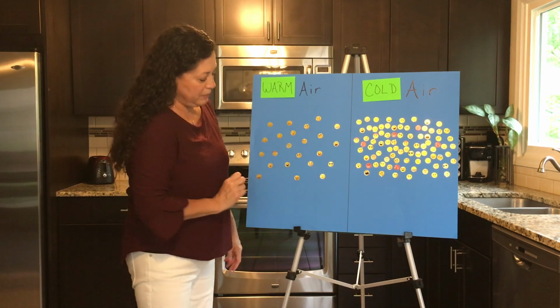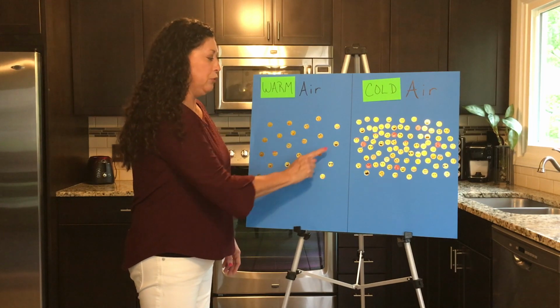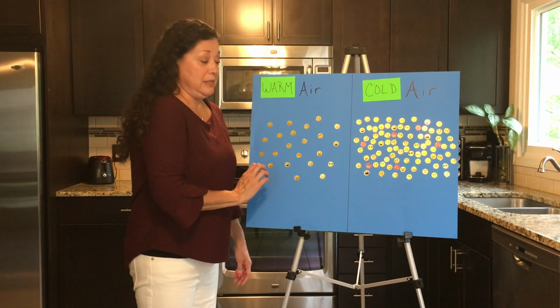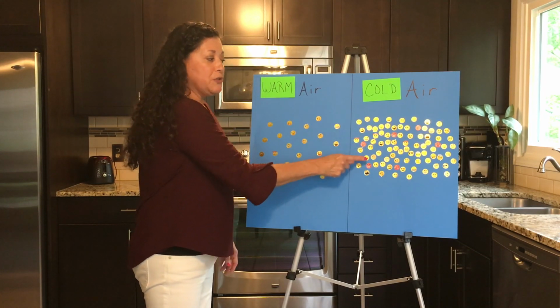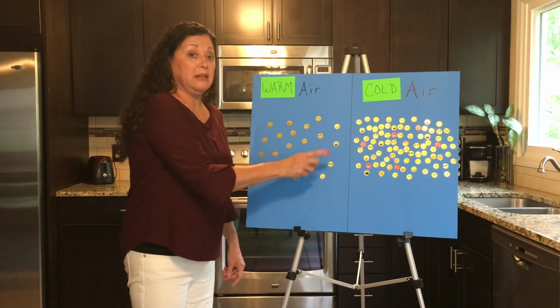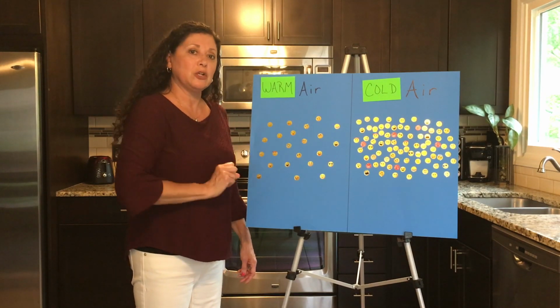Notice how much space is in between each sticker or air molecule. That also gives more room for moisture, for humidity. And then these are really packed together, that's cold air. That's also why in the winter it's really dry. You need a lot of lotion because there's not a lot of room for moisture to get in between the air molecules. So just a quick lesson on